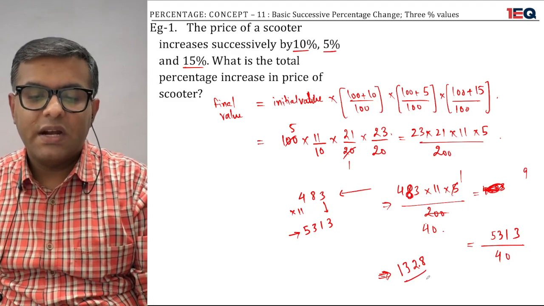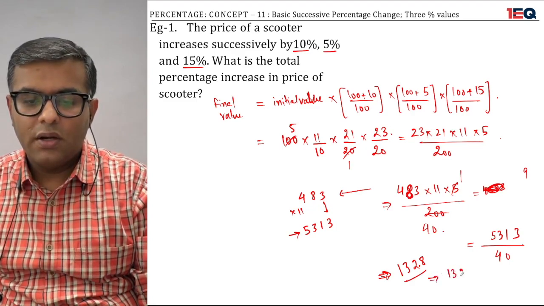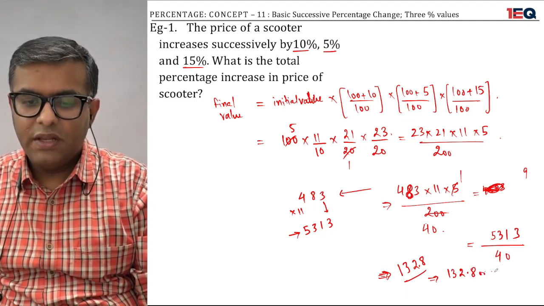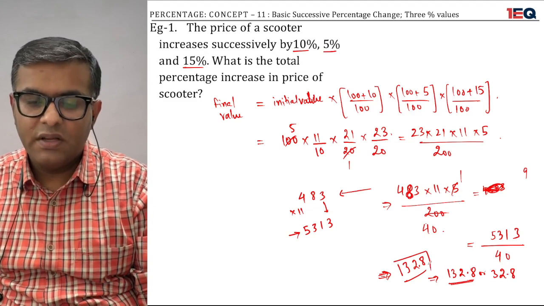So I need to subtract 100 from here, and the answer comes out to be 132.8, or simply 32.8. I need to subtract 100 from here because the answer is coming out to be 132,